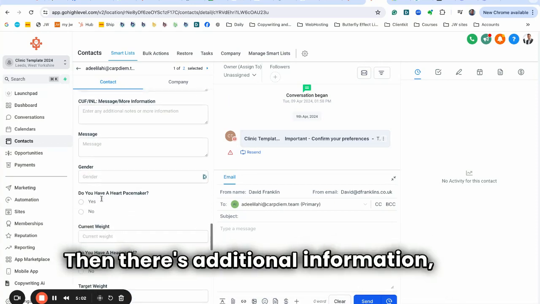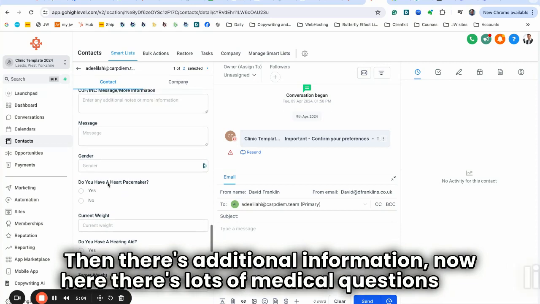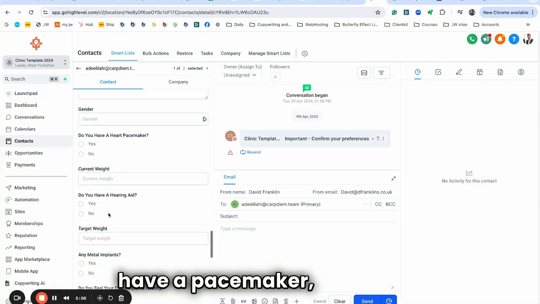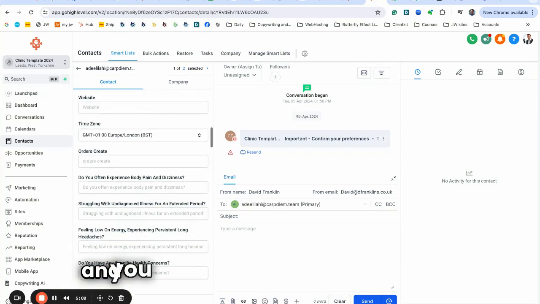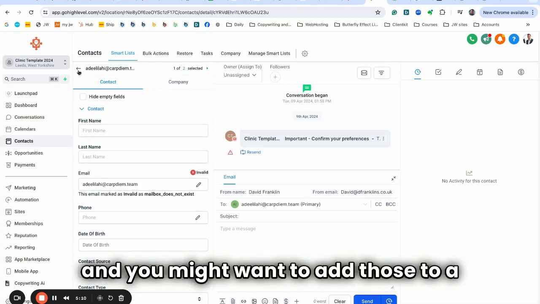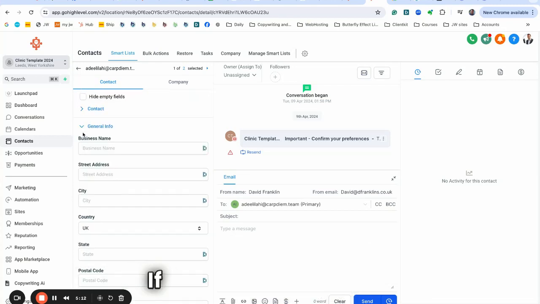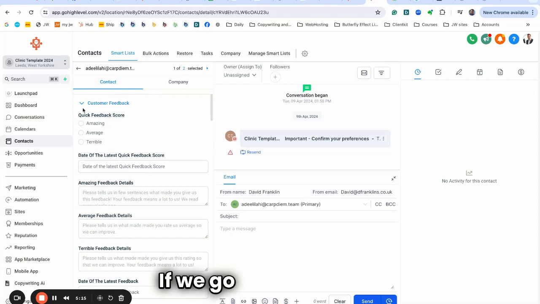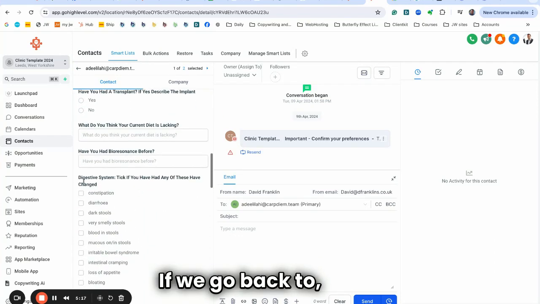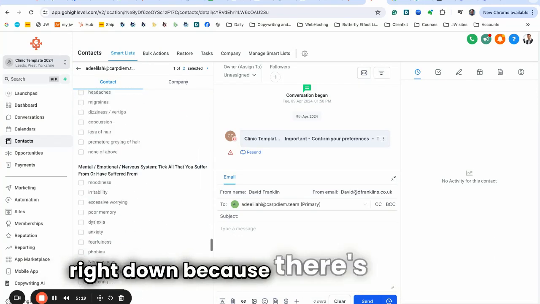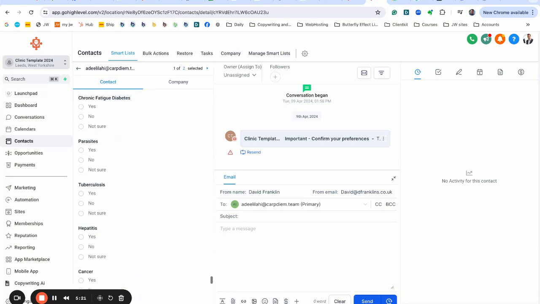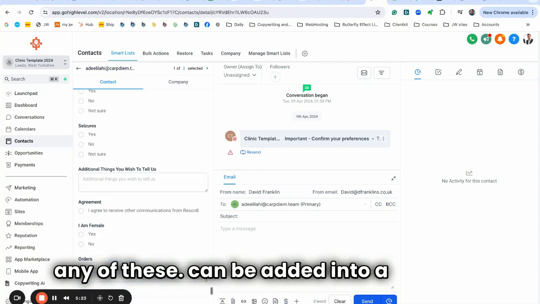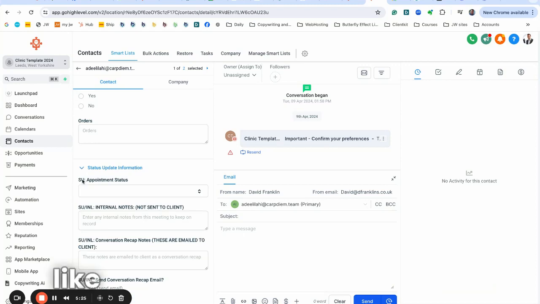Then there's additional information. Here there are lots of medical questions, like do you have a pacemaker, and so on. You might want to add those to a particular form. If we go back and scroll right down, there are lots of these particular forms. Any of these can be added into a form, but then you've got things like orders,